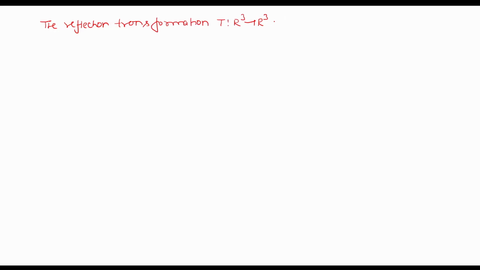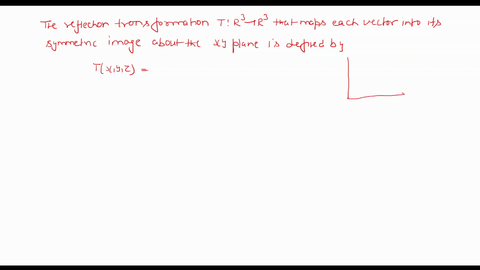Like this is your x-axis, this is your y-axis, and this is your z-axis. Along the height of the room you will take the z-axis, along one wall the x-axis, and along the other wall the y-axis. Okay, so if you have this vector x, y, z, this is a point in a room, you can say. From these points if you join some points here, what should be its image in the xy plane? x, y, minus z. Yes,